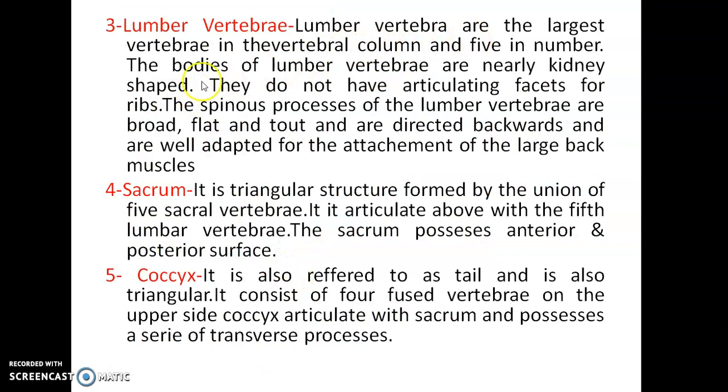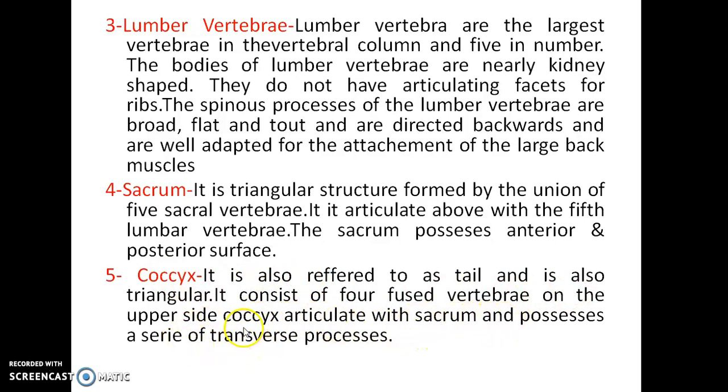Lumbar vertebrae are the largest vertebrae in the vertebral column and are 5 in number. Cervical 7, thoracic 12, lumbar 5. Sacrum is a triangular structure formed by the union of 5 sacral vertebrae. Lumbar is 5, sacrum is 5, coccyx is also 5 vertebrae. The fused vertebrae of the upper side of the coccyx articulate with the sacrum and possess a series